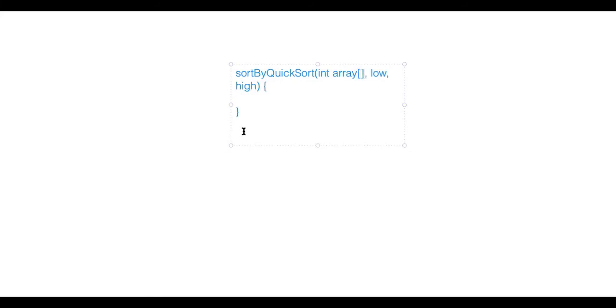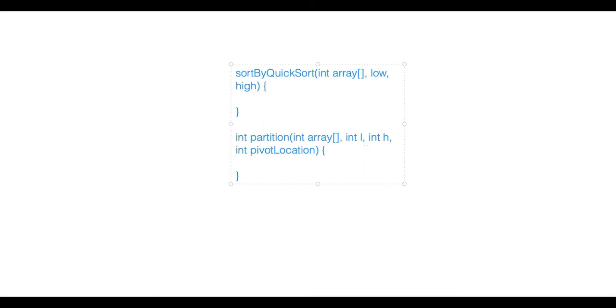And then we will create something called partition. Partition will have the array, low, high, and pivot location. We are good here. So we have these two methods.